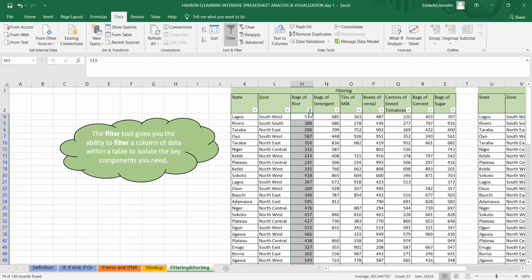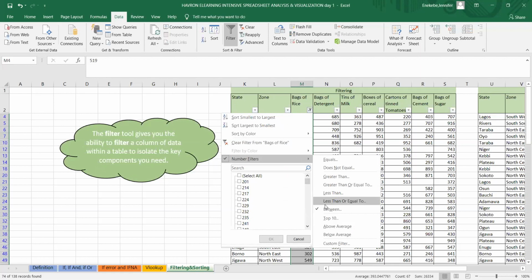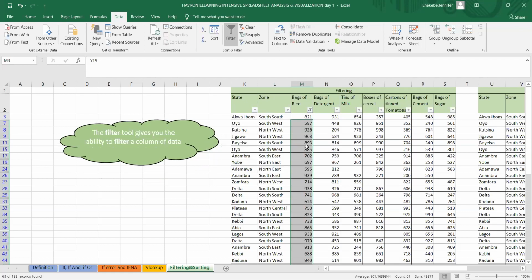Okay. Another kind of number filtering you can do is top 10, above average, and below average. Now let's try above average. In this formula, Excel has already calculated the average of all the values here, and then automatically it shows you the 61 items which are above